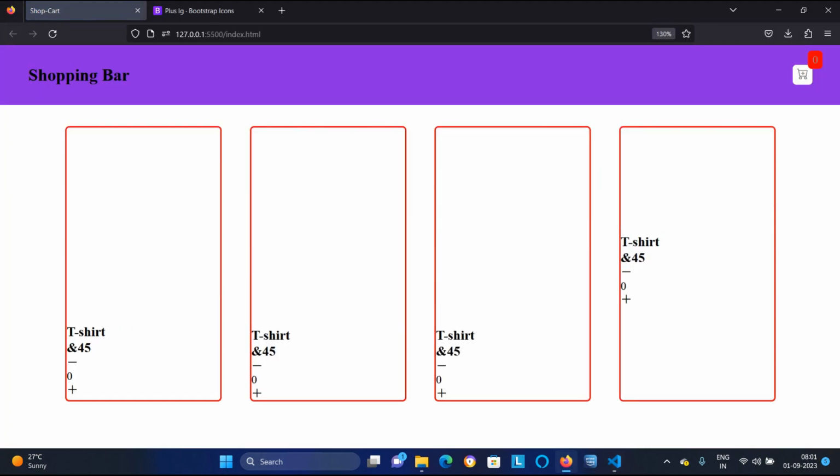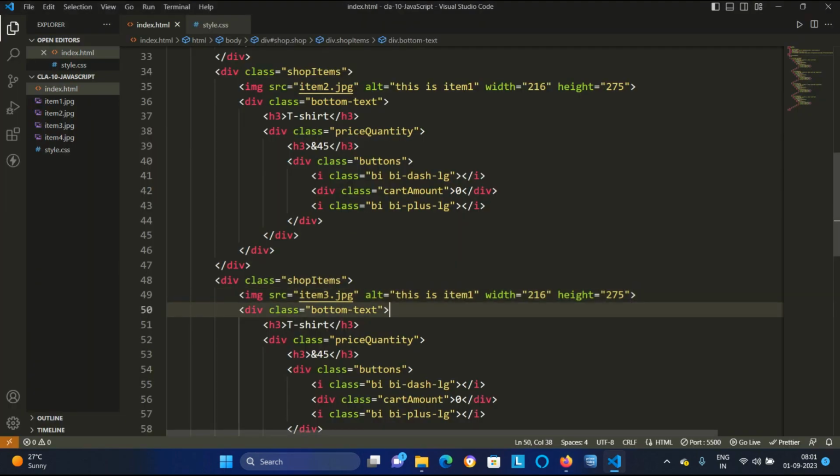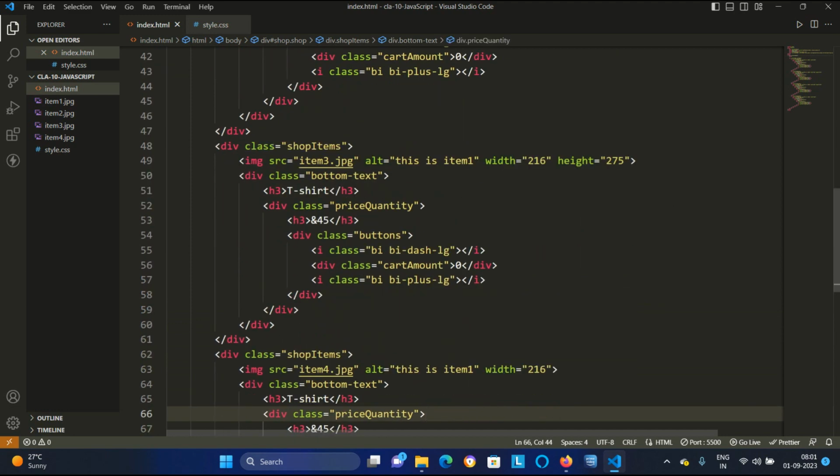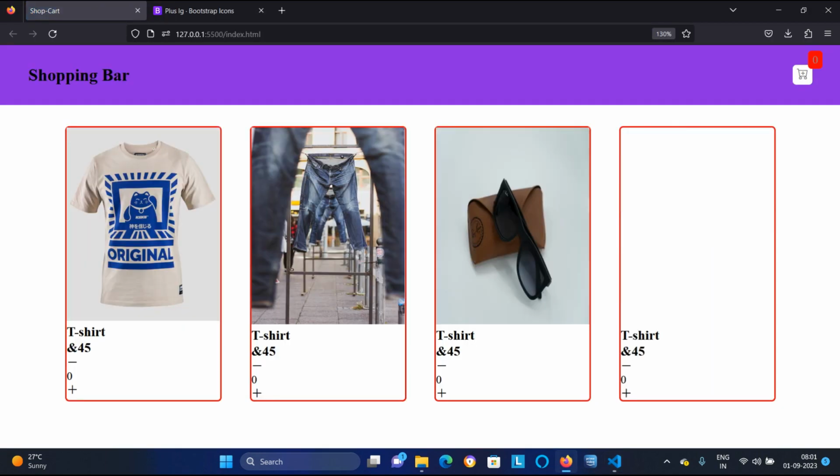Control S, go back. Look, now it is also taking the height of 275. In the HTML we are changing it, inside the image tag. Here also I am saying take a height of 275 pixel. You use no pixels in the TV. So look, these 4 images are coming in this way. Look, everywhere the t-shirt is coming.